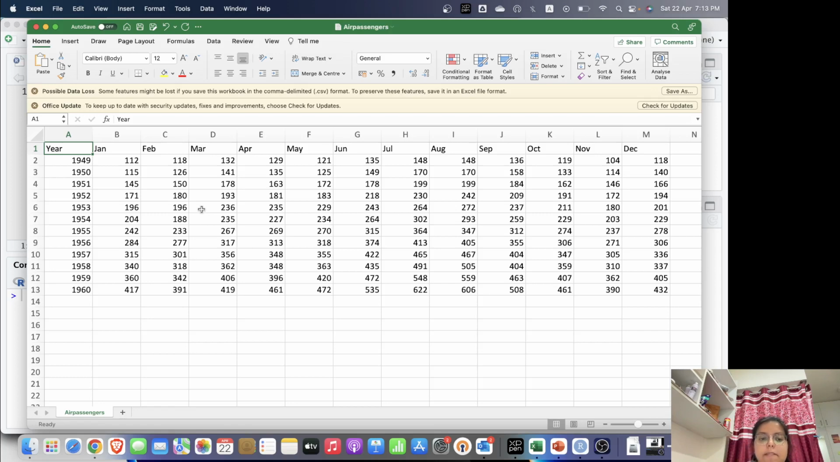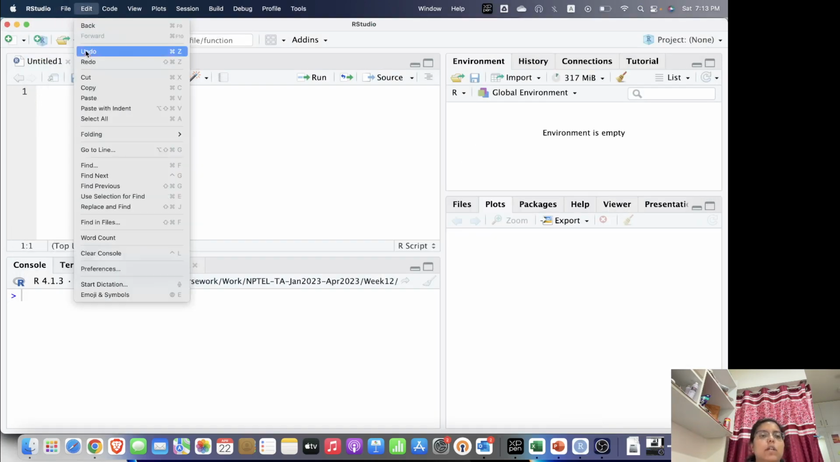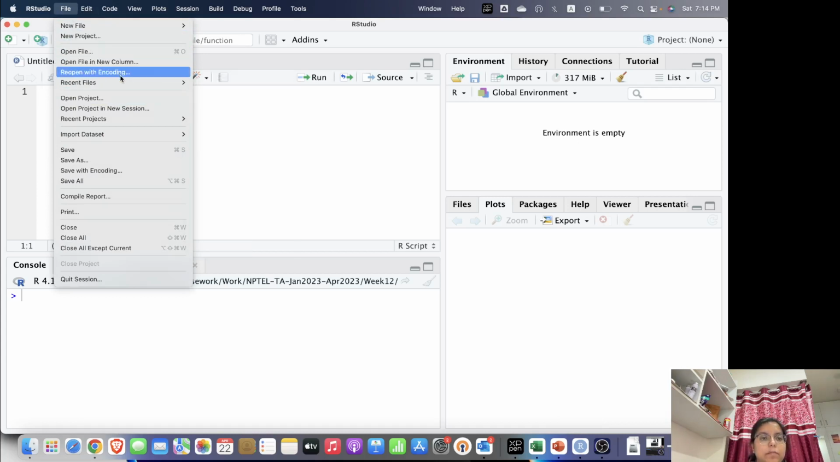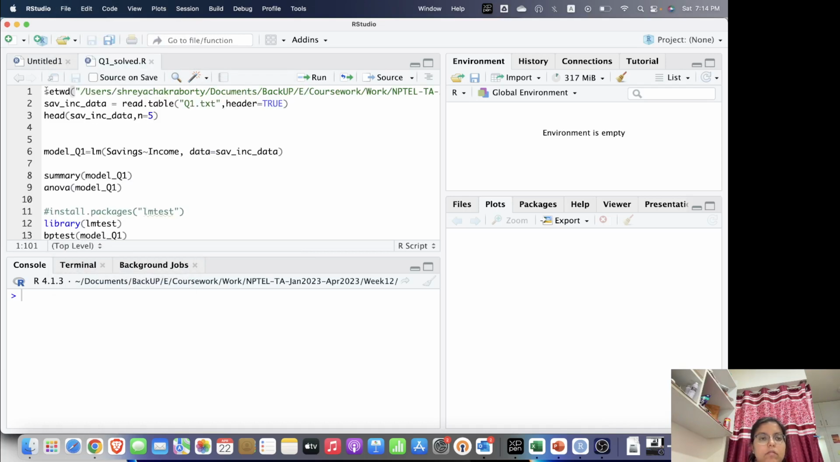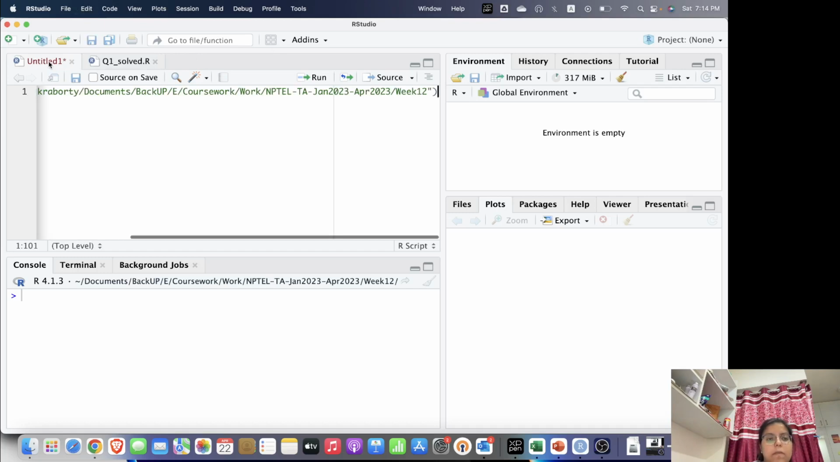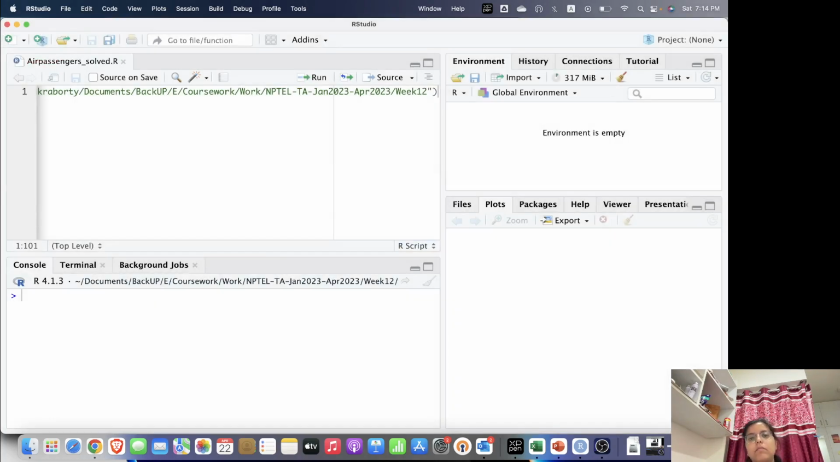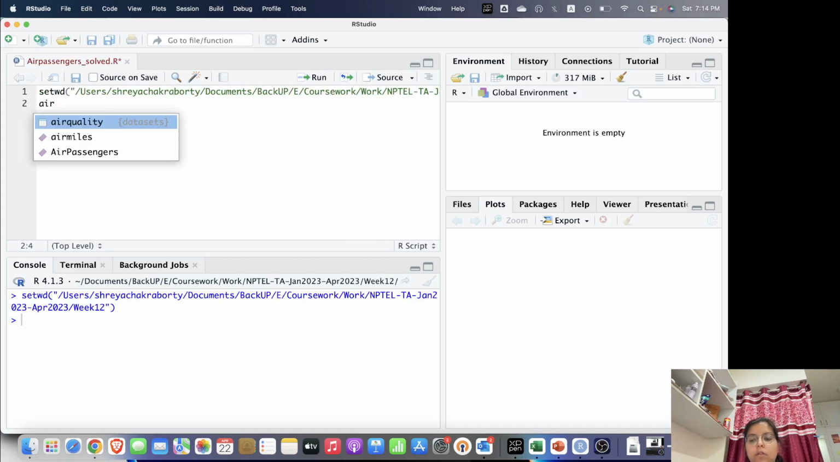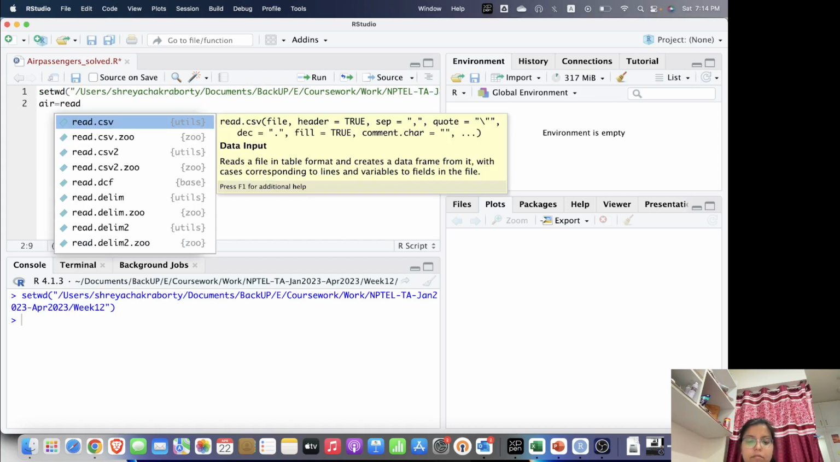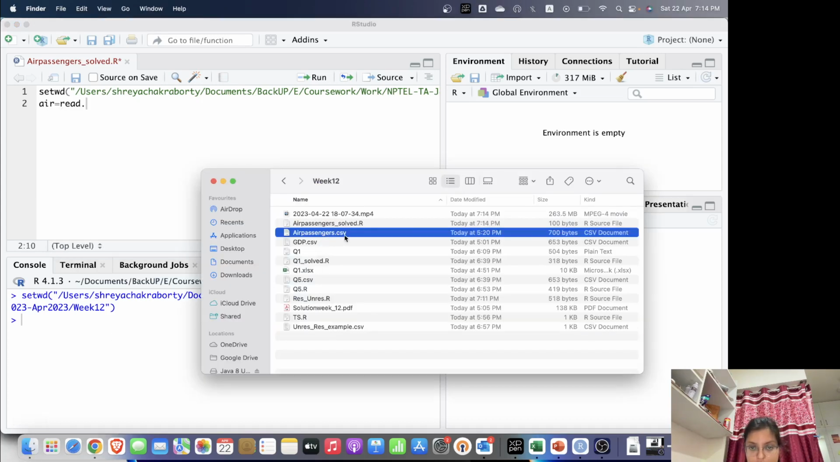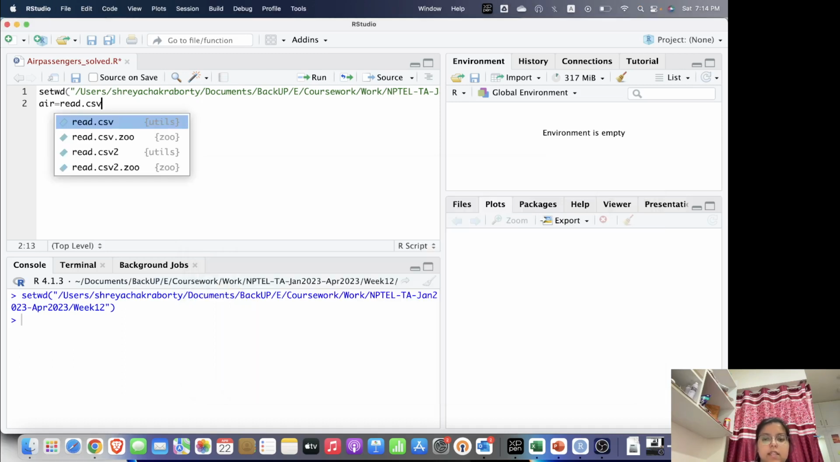How are you going to analyze it? First things first, I'm going to open and set the directory. Alright, so now I have this. I'm going to save the data set in. Before that, I'm going to see how this is saved. This is saved as a CSV file, so I'm going to read it as a CSV,